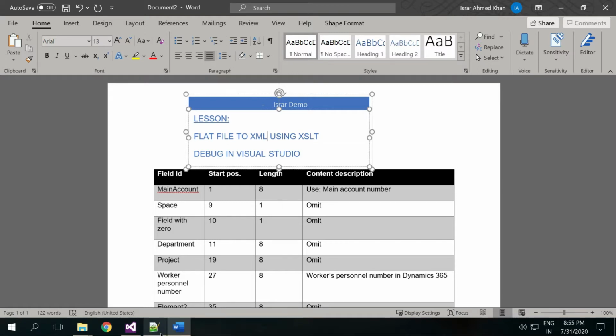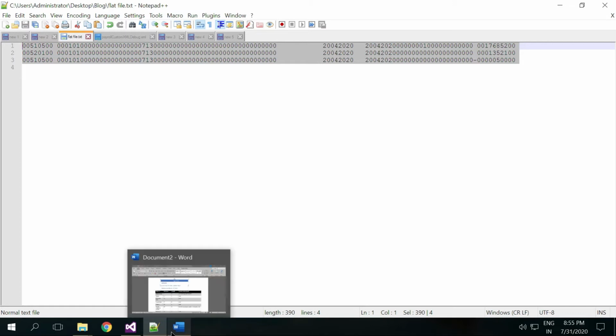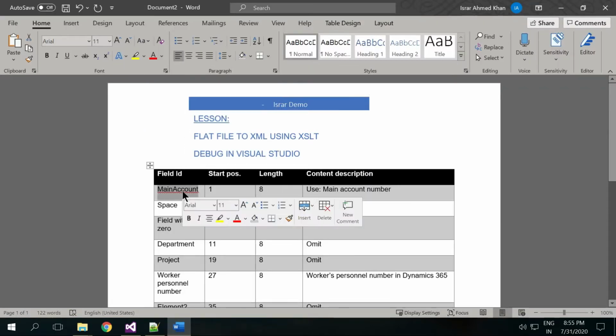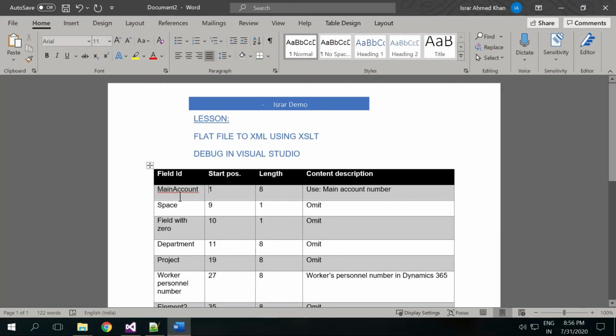Let's say you have a requirement where you have a fixed width flat file. When I say fixed width, you'll be given a requirement something like you'll have a main account number. It starts from position number 1 and goes on for 8 digits. So I start from position number 1 and go on for 8 digits, and this becomes your main account.